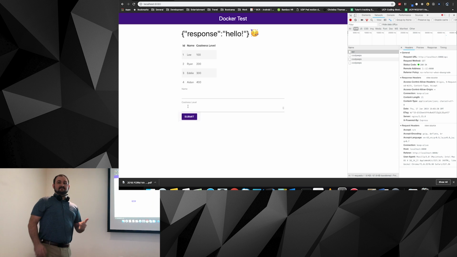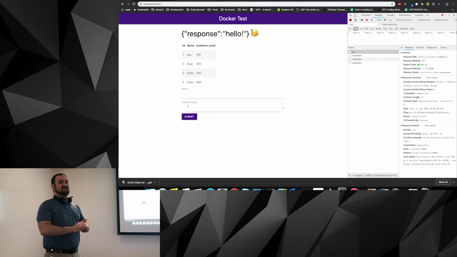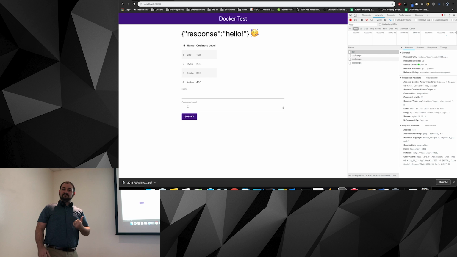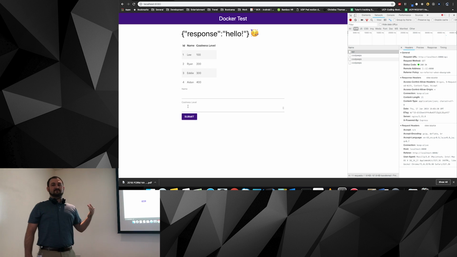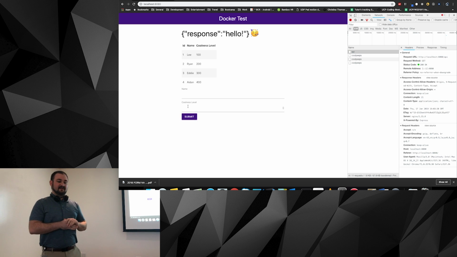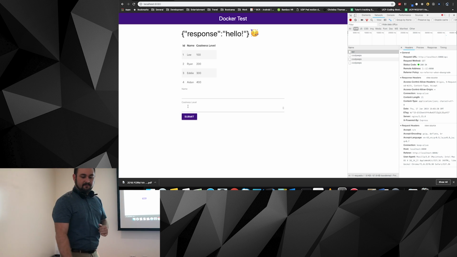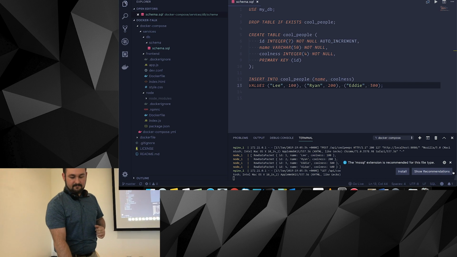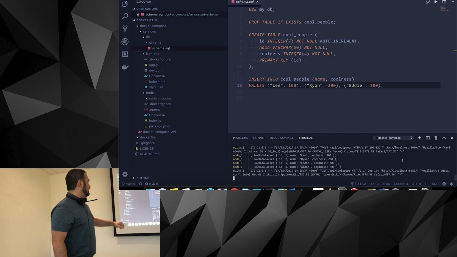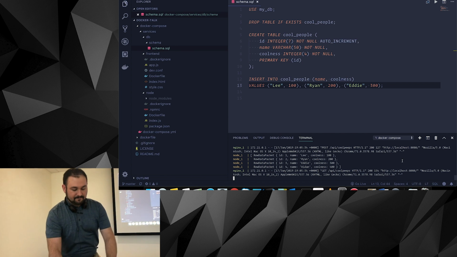So we've got the client, the server, and the database all running with docker-compose up. It saves you a lot of time installing MySQL. If you wanted to use Postgres, it's as simple as pulling the Postgres image, or Mongo, or whatever flavor of database or server that you like. And again, you can see that data is being passed in.